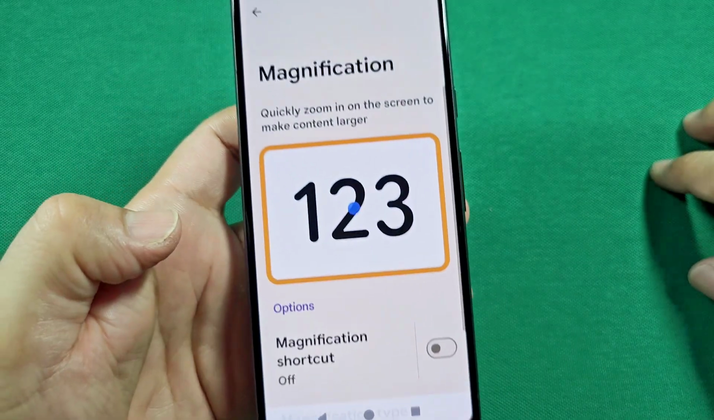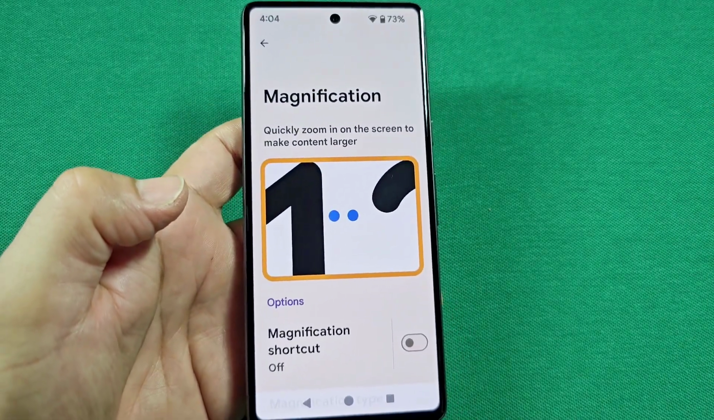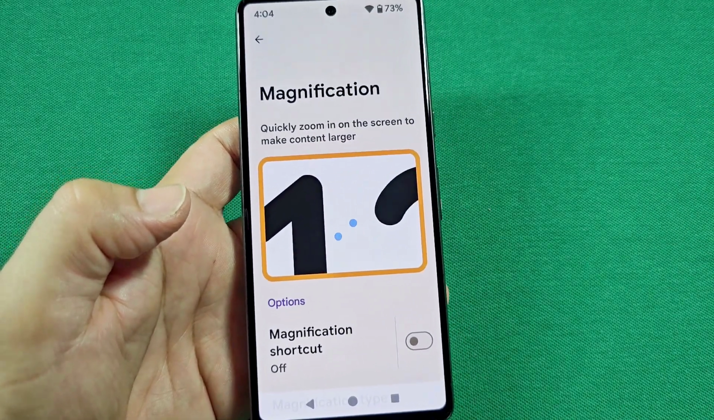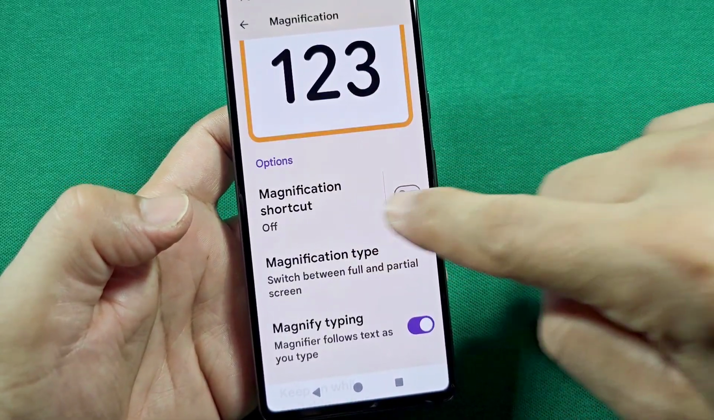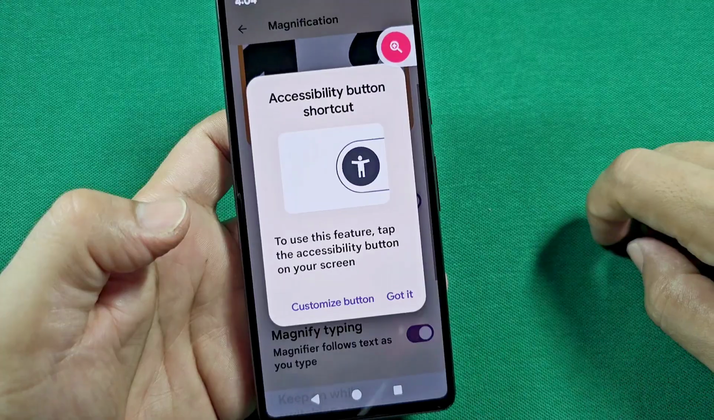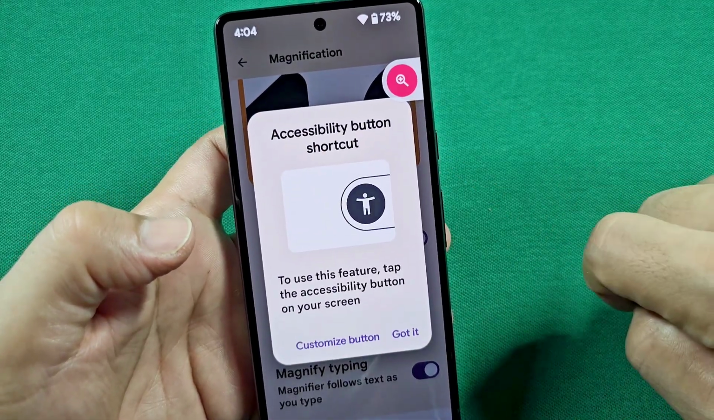As you enter here now, it's going to give you an idea of how it works. So for most Android phones, once you enable it, you have to turn on the shortcut so that you can make use of it. So when you turn on the shortcut, you'll most likely see this little floating icon here, and you just press